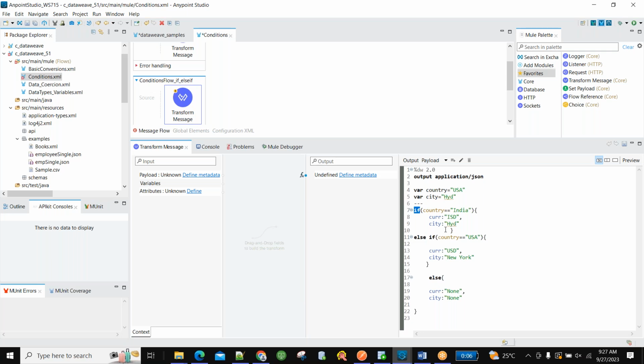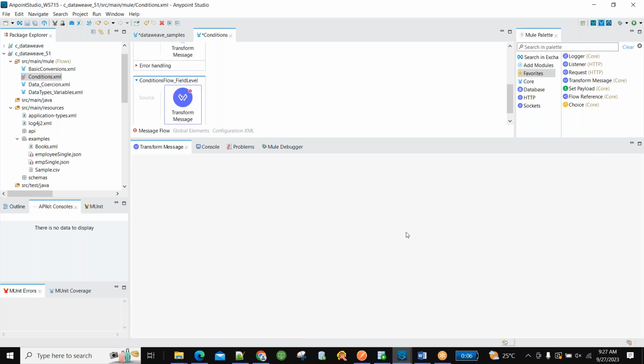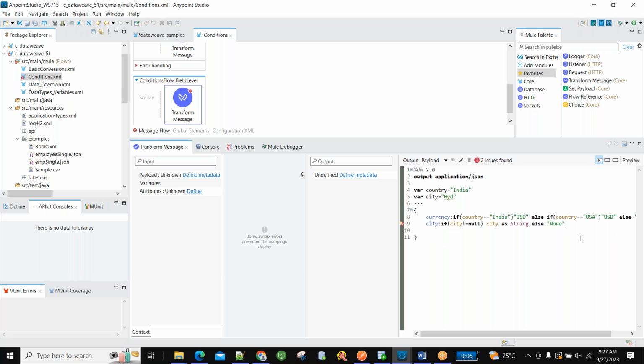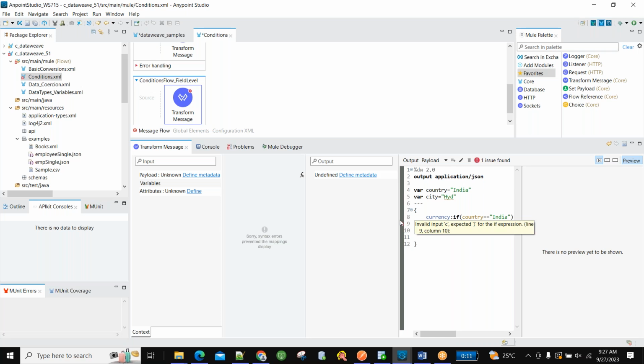So why am I saying field level? Because along with these elements, I want to have another element as well. The difference between previous and this one is IT. I want to populate this value as well. Okay, department is equal to IT. I want to populate that. And what happens in the preview? Those conditions it will check. Okay, IT. I have to keep it as a string. We have to keep it in this one.